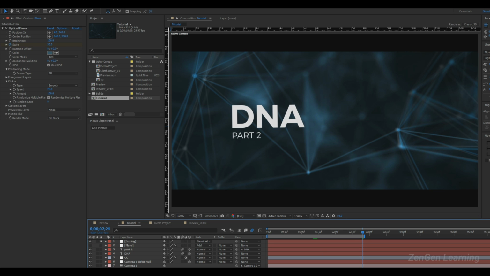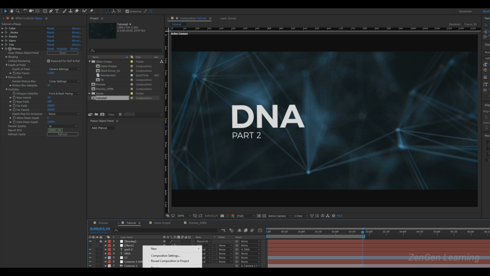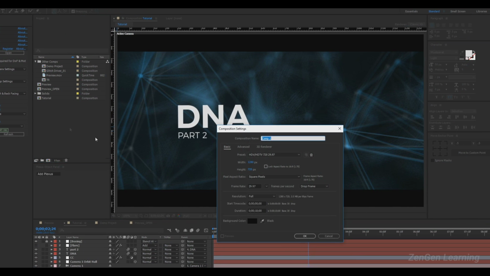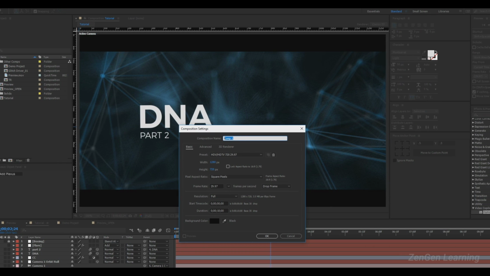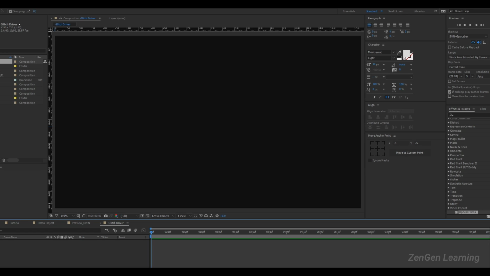Let's try to create some glitches now. So when I'm working, I like my work to be a little quicker, so no motion blur. I go back to Plexus, and make this 1x, right? And let's try to create some glitches. So in order to create glitches this time, what I did was I created a new composition, and I called this composition glitch driver. I'm not sure how many of you guys know this technique, but what you do is